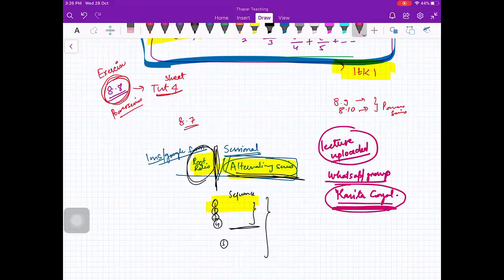Ma'am, the doubts are only for questions of theory? No, beta, theory also we will extend. For example, 20-30 minutes we will study and then we will ask doubts. Any questions, any doubts you can bring. Okay, ma'am. Okay, beta, everybody. Thank you. Thank you, ma'am. Tomorrow. Okay. Thank you, ma'am.